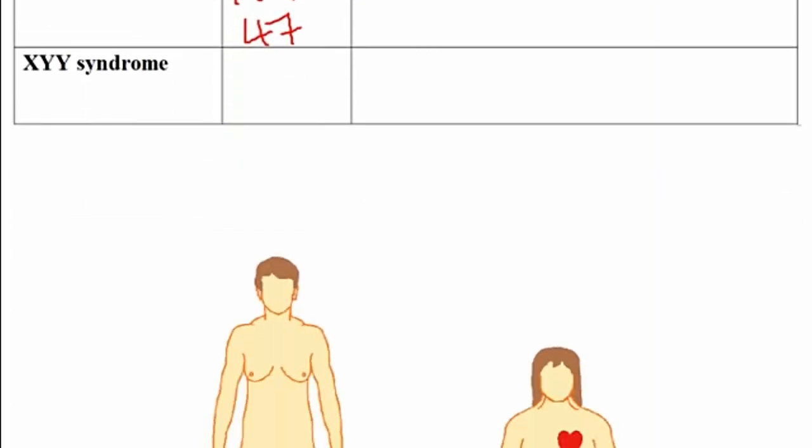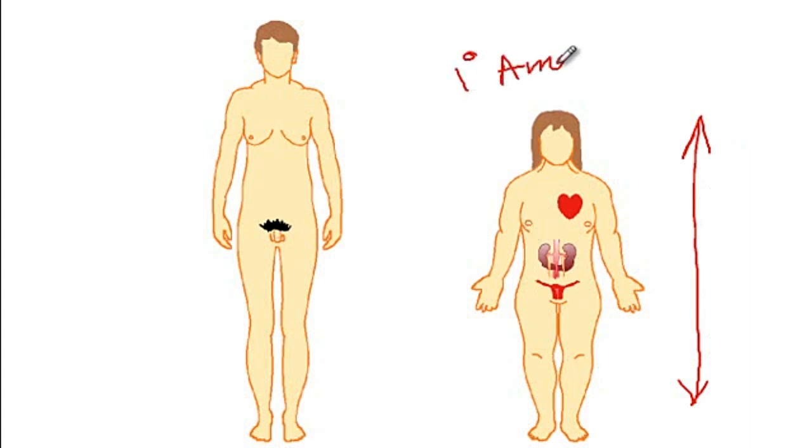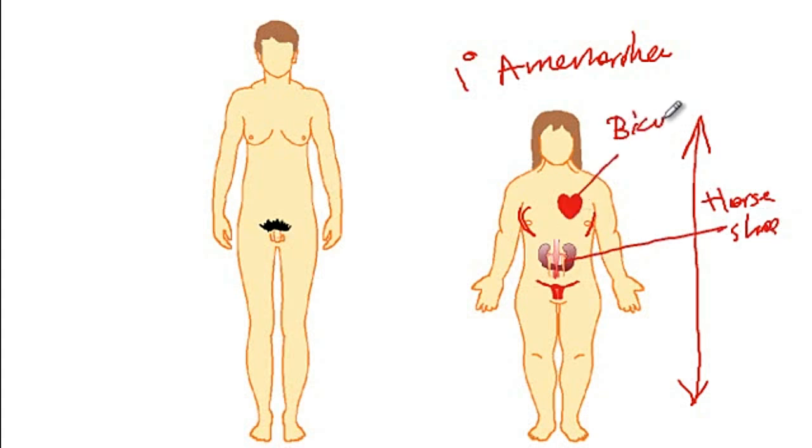For the memorization of the features of these disorders, here I have provided you with an image. Patients with Turner syndrome have short stature as well as ovarian dysgenesis. As a consequence, since there is ovarian dysgenesis, there is a low level of estrogen in these patients. So these patients will have primary amenorrhea in addition to the lack of breast development. Other features that you see in these patients are horseshoe kidneys, bicuspid aortic valve, as well as preductal coarctation